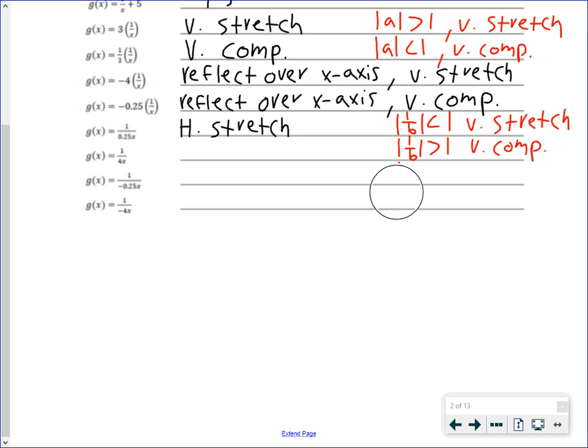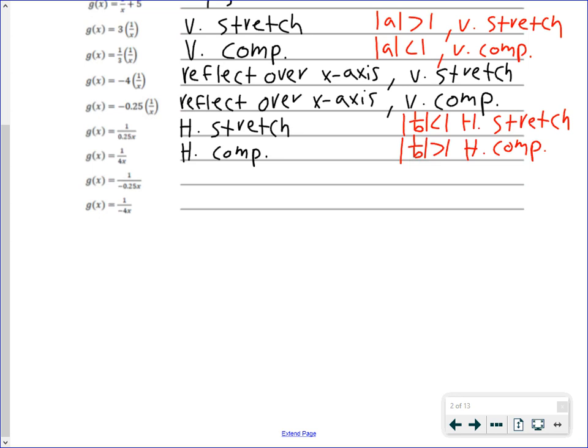Sorry about that. Let me rewrite this over here as well. They both should say horizontal stretch and compression. So 1 over b is less than 1. That's a horizontal stretch. And 1 over b is greater than 1. It's a horizontal compression. There we go. Okay, so it should be horizontal stretch, horizontal compression, and this answer over here for 1 over 4x is a horizontal compression. Okay, so our b term is going to tell you if it's a horizontal stretch, horizontal compression, or